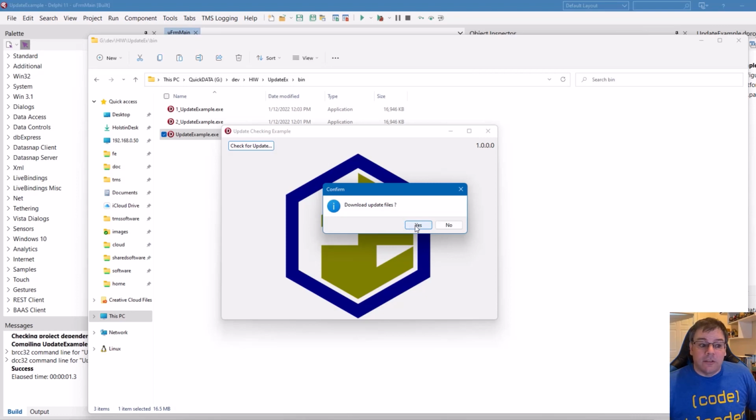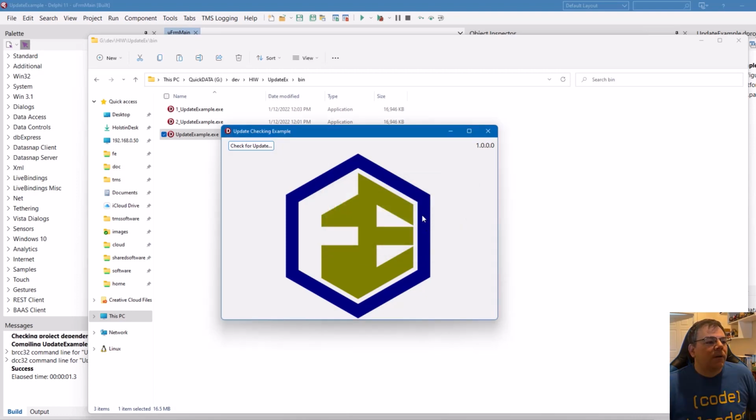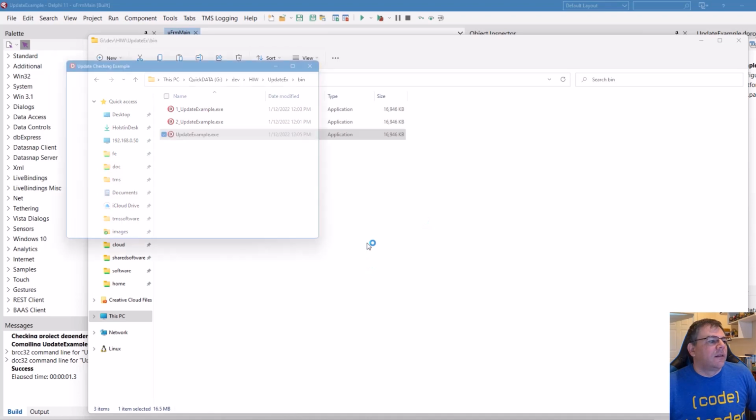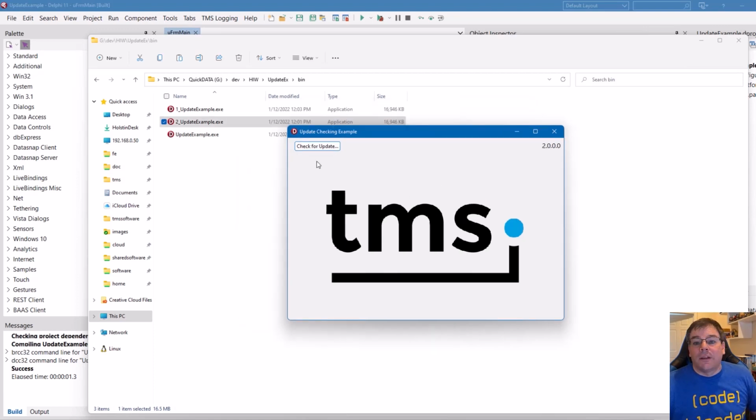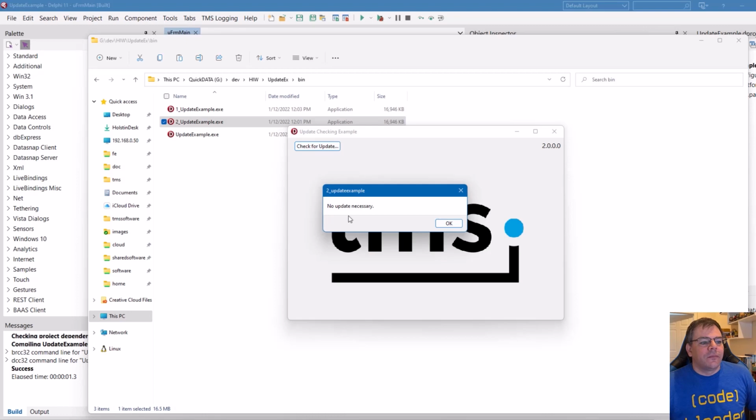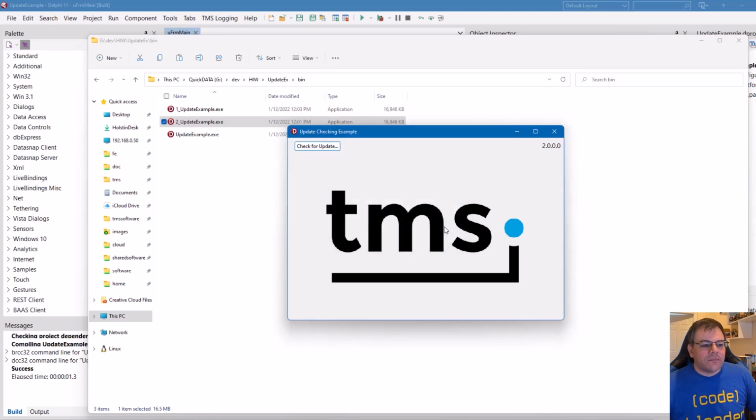Download update files, yes. And shut down application to update executable files, yes. And now we get the, I don't know if you see this, but we get the user access dialog, yes. And there we go, version 2.0, TMS logo, our application is updated. And if we click check for update now, no update necessary. Perfect. That's exactly what you want as a smooth user experience,